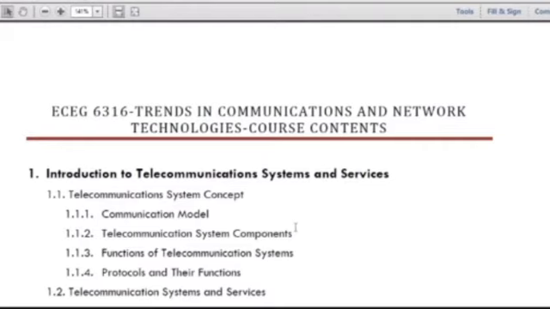In this aspect we are going to discuss the technical or elite way of explaining the functions of telecommunication systems, because even the layman can tell you what the purpose of a telecommunication system is. We cannot stop at saying it is used for information transmission from one point to the other. We need to have further discussion about that, and we are going to do it in the first lecture, which is the introductory part.